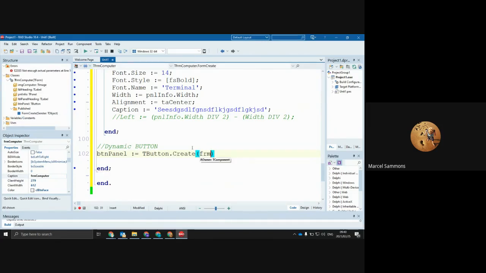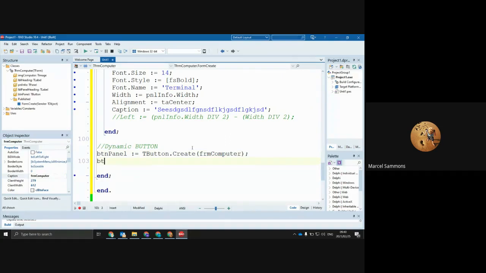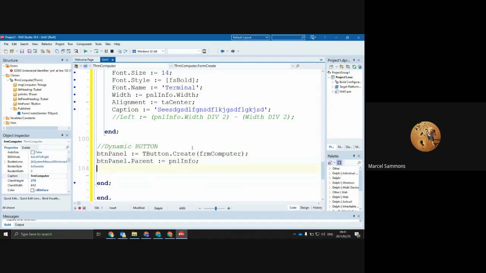It's going on to the form computer because the form owns all of the objects. And then we're going to say btn panel dot parent. We want the parent to be the panel. So it's PNL info as the parent. Now with btn panel, we want its caption to equal to